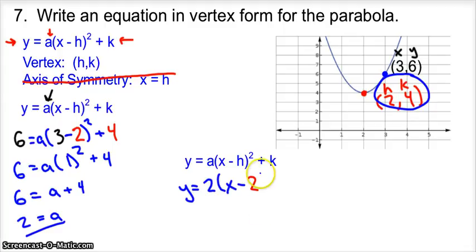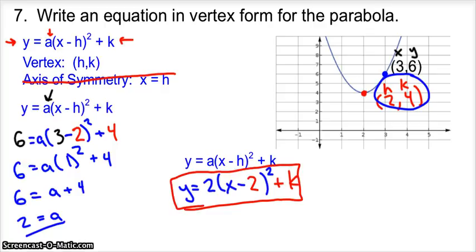Change it back to blue. I'm going to square that, and then again going back to our vertex plus k. You'll always use your vertex for these. For an equation, you won't use this point. And so this is your equation in vertex form of a parabola from the vertex and a point on the line. And now you can go ahead and